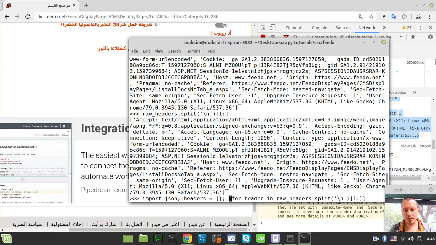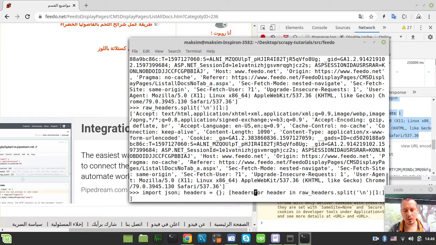That would be the type of Python dictionary, and now we need to say headers.update. I'm parsing every single line, splitting by the colon, taking the first element, and then header.split by the colon and the very last element, which should also be stripped to get rid of unnecessary trailing spaces. Okay, and finally I want to print